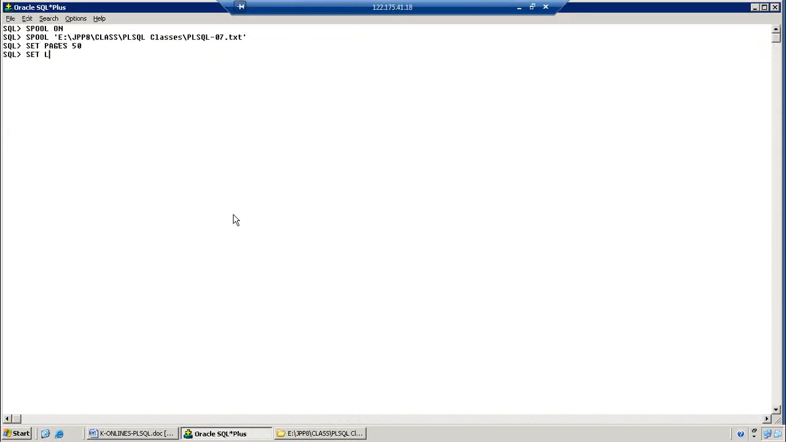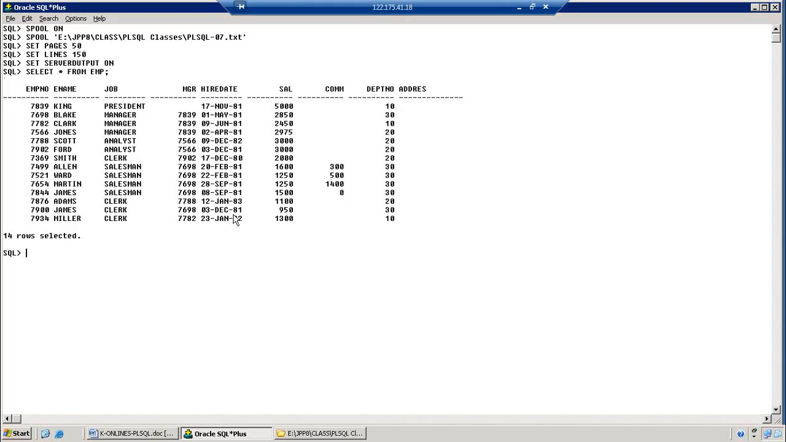We need to set pages, we need to set lines, and so here observe this. Before inserting the data into another table while using a cursor, first we want to create a table. We want to create a table, but we don't need to insert the data. Through the cursor we want to insert the data, right? So here I want to create a table, create table, then the cursor table name,